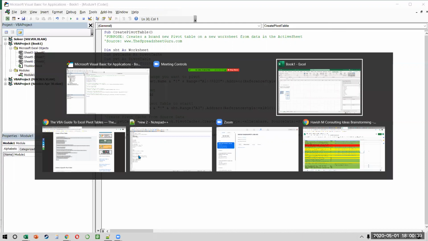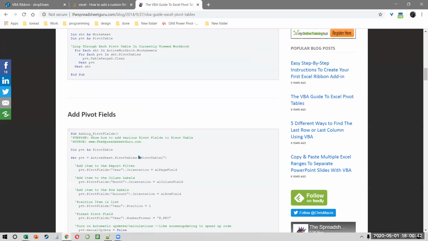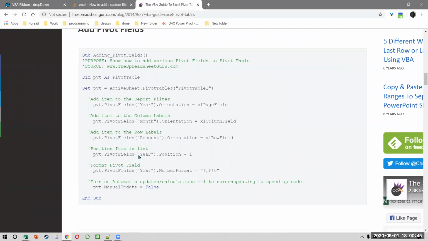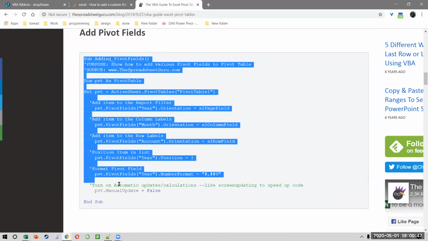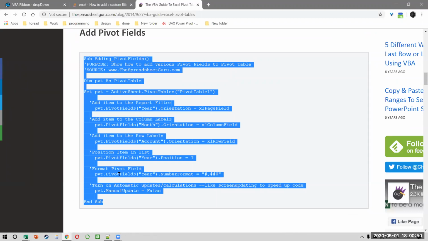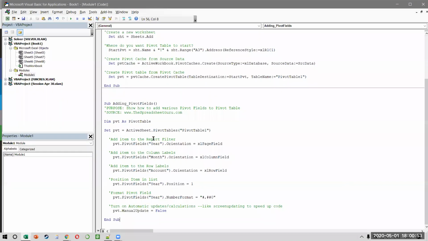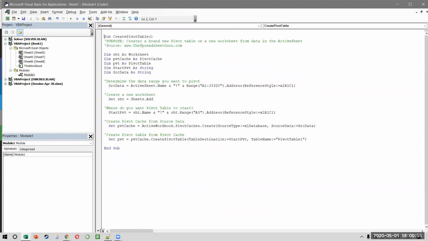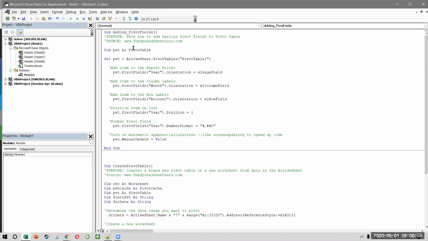This is how to create a pivot table. We'll go back to the website and we need to add my pivot fields. Okay. So for now, I'm just going to copy this entire thing. And let me just put this at the top so that we can understand what is PVT. It's a type of pivot table. Which pivot table are we working on? We're working on pivot table 1. Obviously, this is a name that you can put manually, or you can ask the user to select it from an input box. So think what we are doing. Everything has been commented beautifully. What is report filter? It is here.